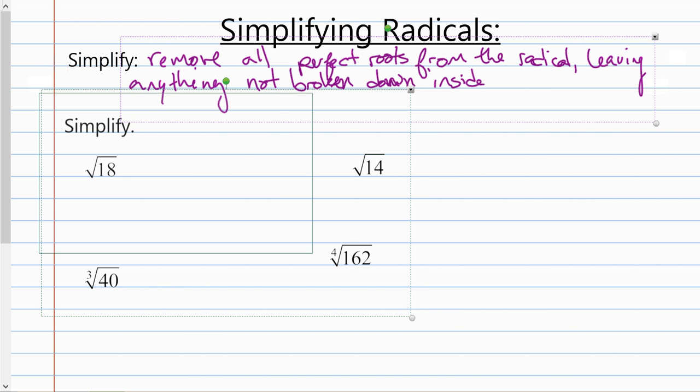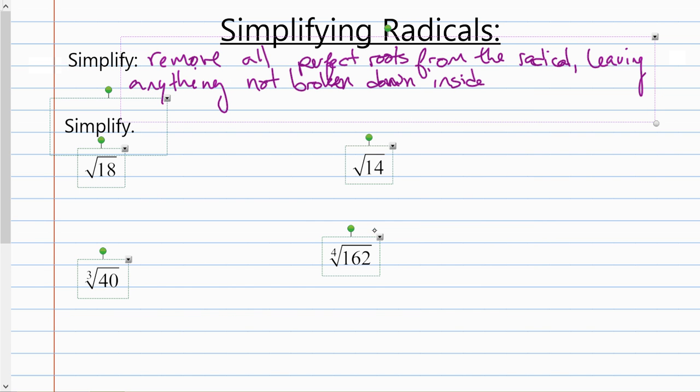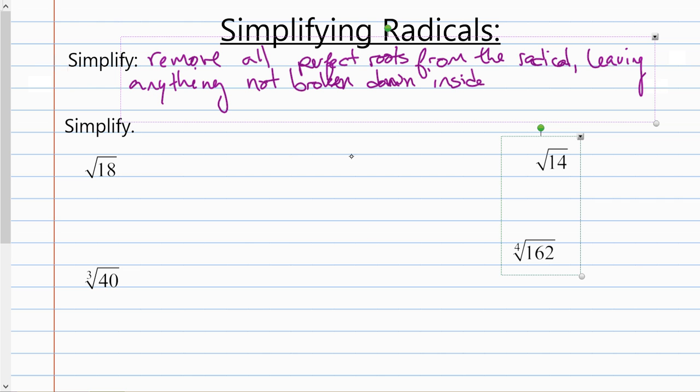I'm going to ungroup these. Let's do that. Okay. So to check to see if something can simplify, I want to see if I can find any perfect indices in here, so perfect roots. In this case, since my index is a 2, I am going to look for perfect squares inside the 18. And at this point, 18 isn't a perfect square. I know that. So what I will employ is a factor tree. You don't necessarily need one for this,